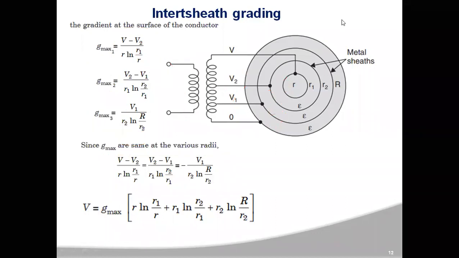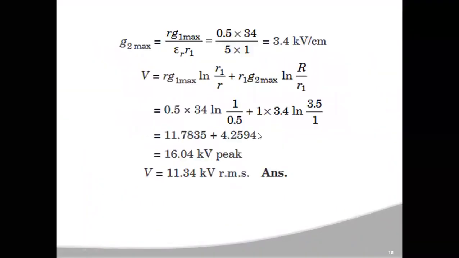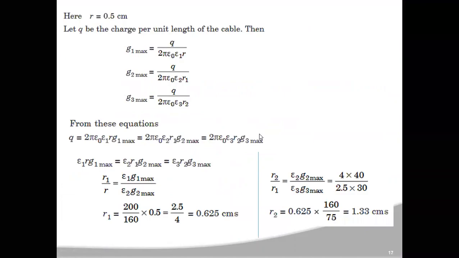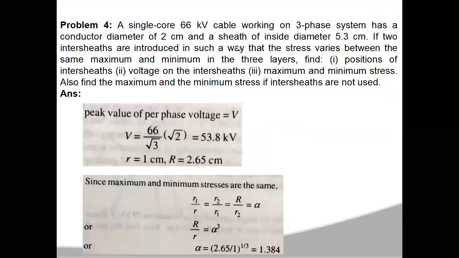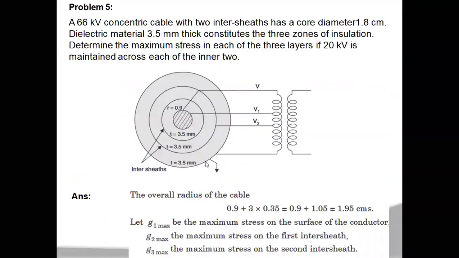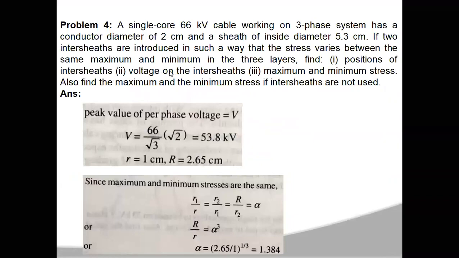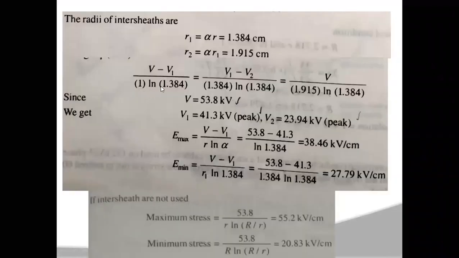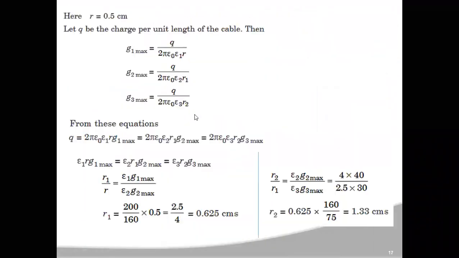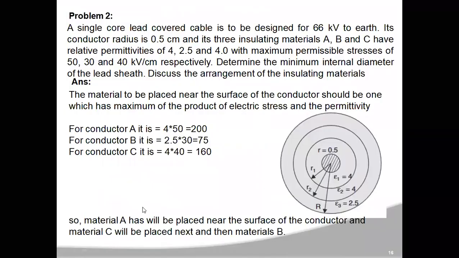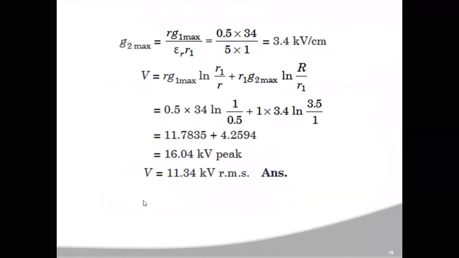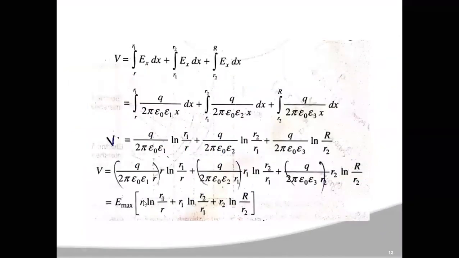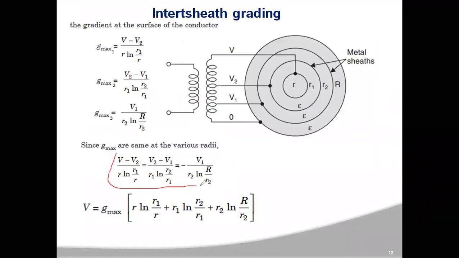The same thing we are going to apply in the given problem also. So here, V minus V1 by r into ln R1 by r. They are directly writing from this expression. So from this expression they are directly writing here. V minus